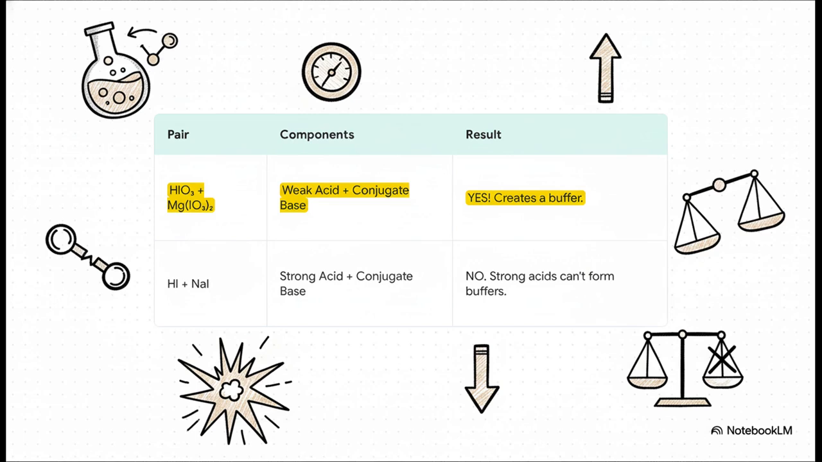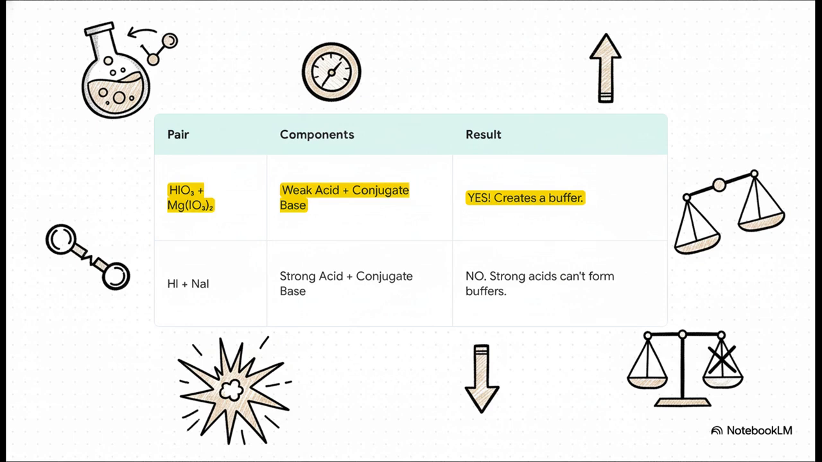You just can't make a buffer with a strong acid. It's impossible. Remember how it's a one-way street? It dumps all its protons at once, so there's no equilibrium, no back and forth to absorb any changes. It's only the weak acid, our HIO3, paired up with its conjugate base that can create that stable, pH-resisting system